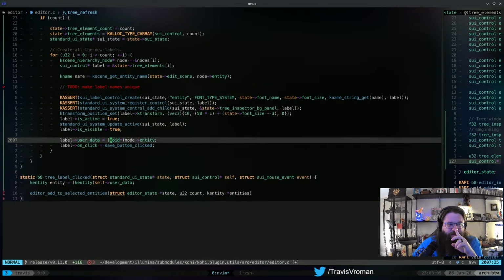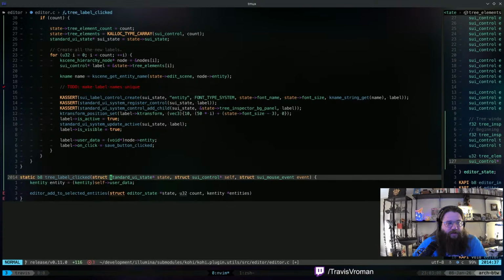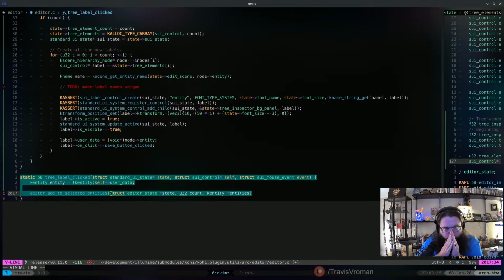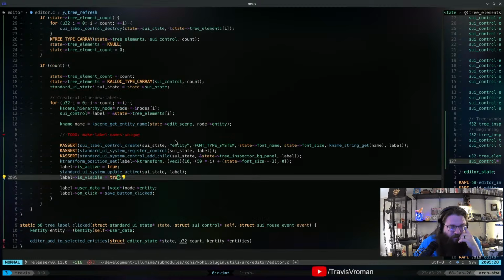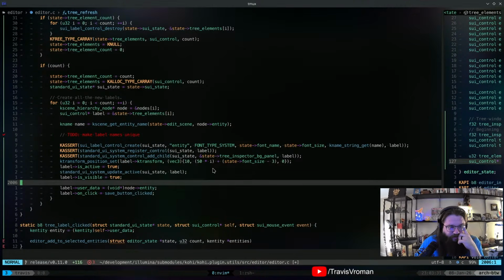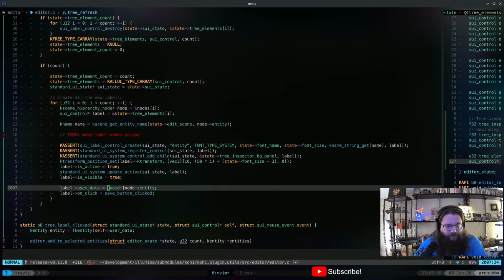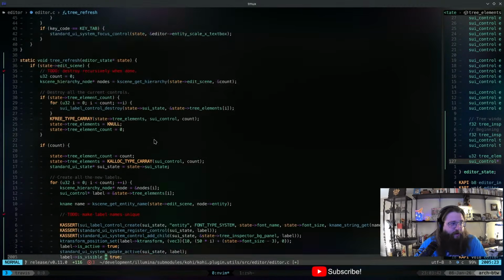Because I technically need to pass the entity, but also the only kind of state that this has is the standard UI state. It doesn't actually know anything about the editor because it's not aware of that, right? Like, that's the whole point of having the user data. The crap part about it is we're going to have to allocate something in memory. All right, let's I guess do that real quick.